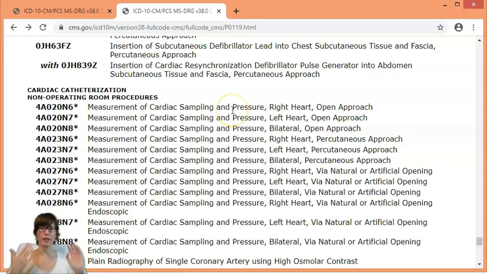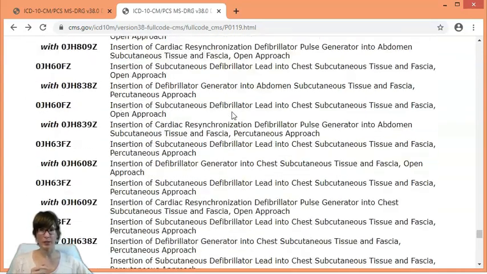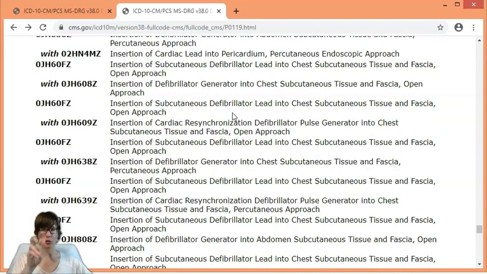If the case we are coding for has any of these procedures coded, it will count as a surgical MDC, and the next step for the grouper would be here to determine the appropriate surgical hierarchy if more than one procedure was performed, or it can maybe assign the case to an unrelated procedure DRG. That just means that the patient's principal diagnosis and the performed procedure have nothing to do with each other. There is a separate DRG for that.